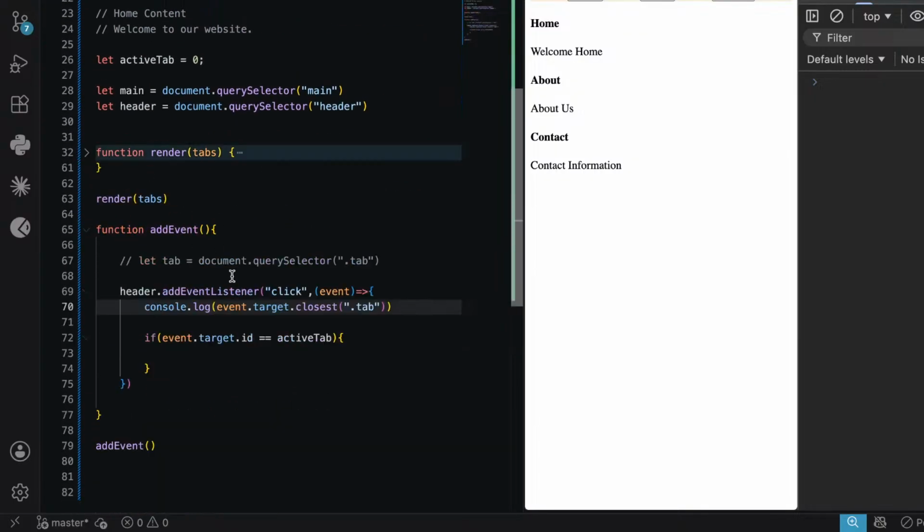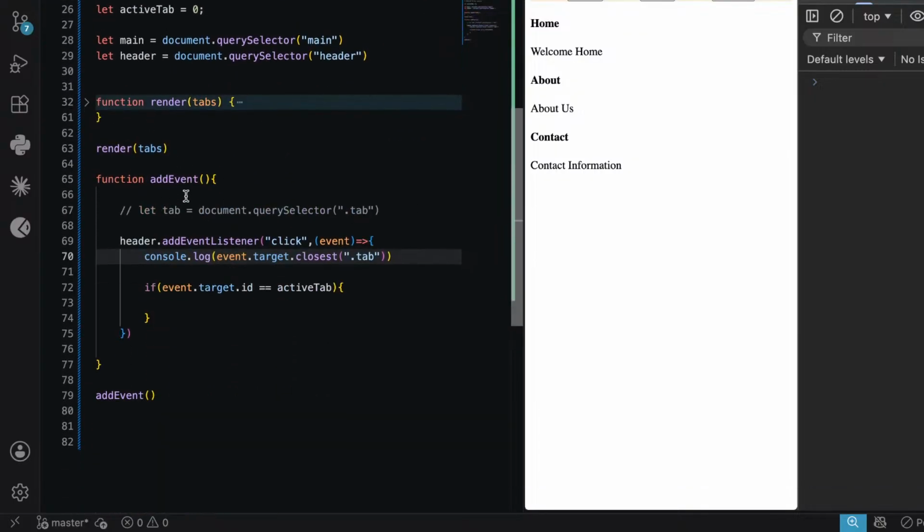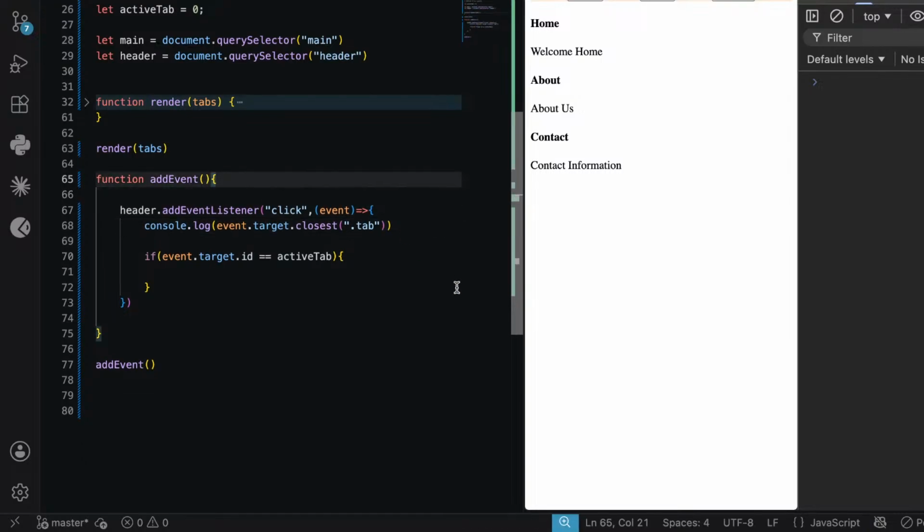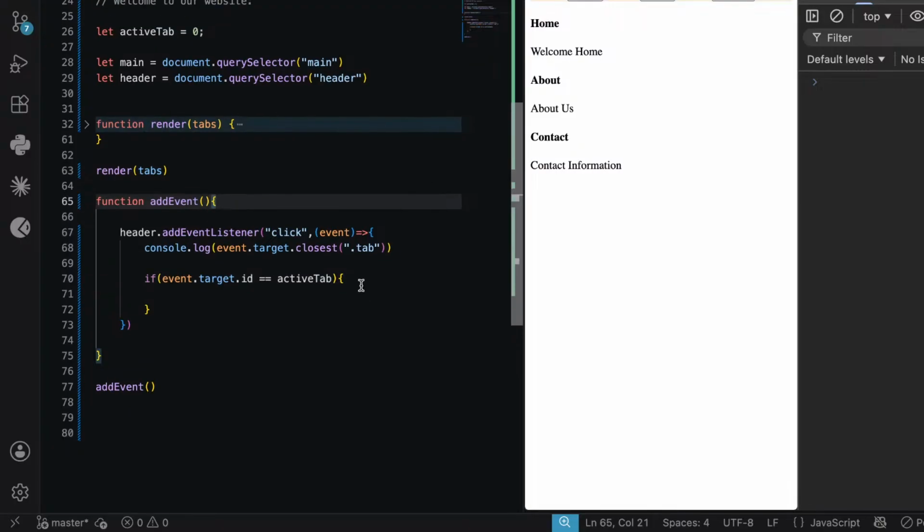What does this thing? Yeah. And here we are having an add event. Let's remove this thing. It is not of use for us. And here we have a constant dot log event target dot closest dot tab. If the event dot target dot id equals to tab, if it is equals to tab,